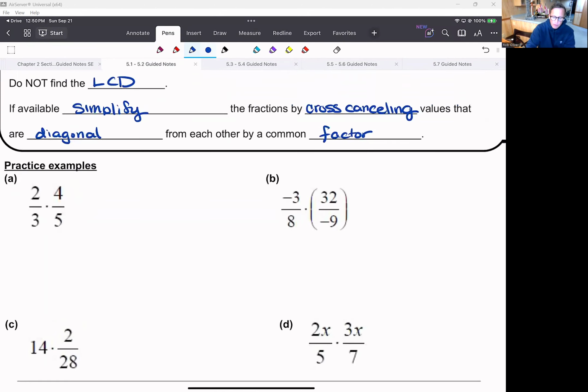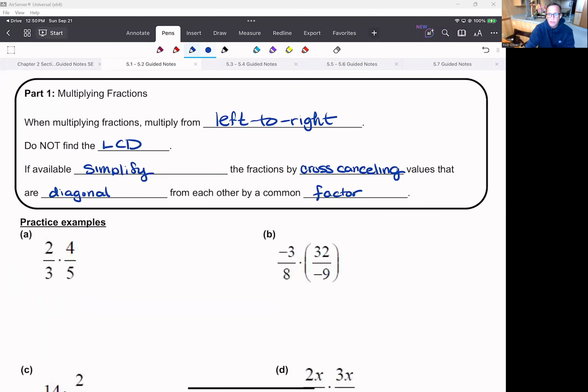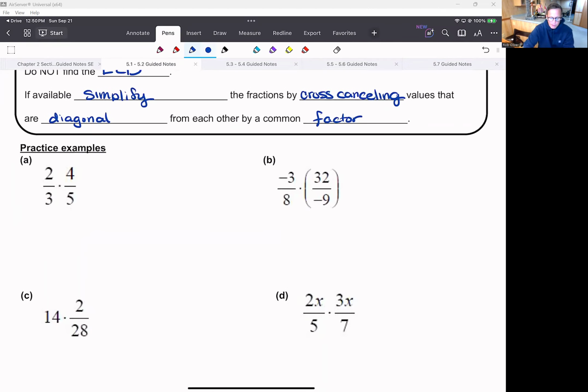All right. So I think sometimes people find cross-canceling confusing, but I think it's a good skill, just looking forward into algebra and the other math that you might have to take in the future. It's just a good skill to know how to do. All right. So like right here,